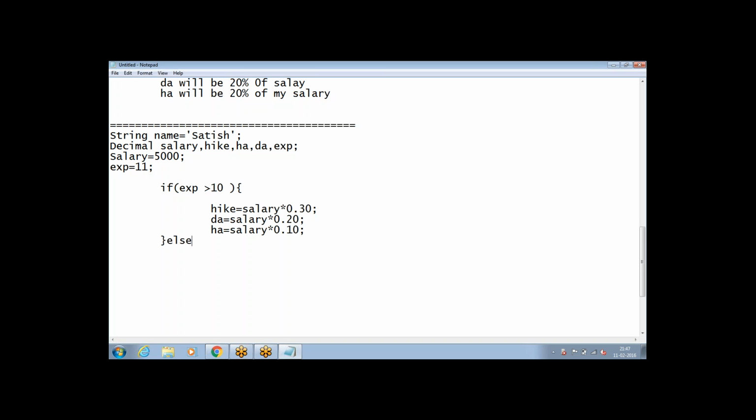If the condition is false, if it is not more than 10 years, then it told hike is going to be 20% of my salary. DA is going to be 20% of my salary. HA is going to be 20% of my salary. So this is how